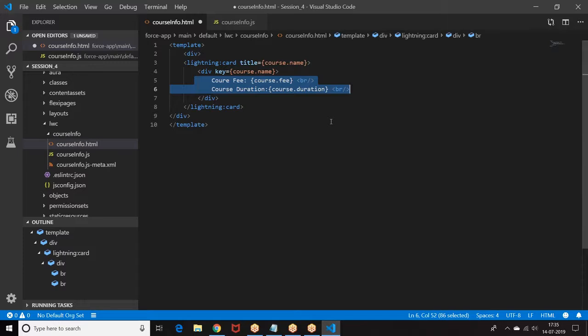Otherwise, you can push off here. This is how I am giving a course name, course fee, duration. This is the component.